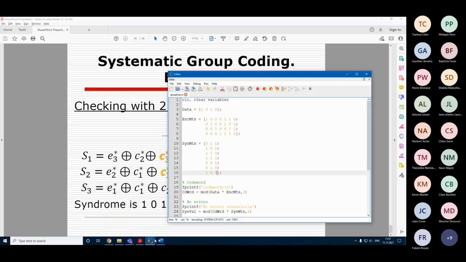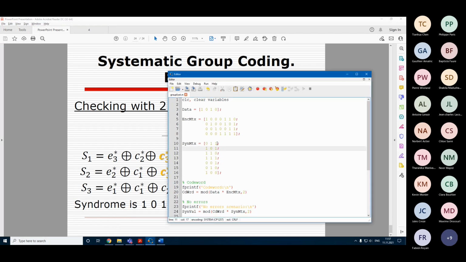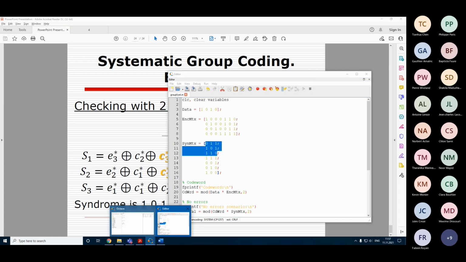For systematic code, that would be 1, 2. So I'm trying to figure out with which third syndrome I need to add these 2 to get all zeros. Yes. So basically, I need these 3 syndromes. Yes. And I'm going to get total 0. So, okay, that would be